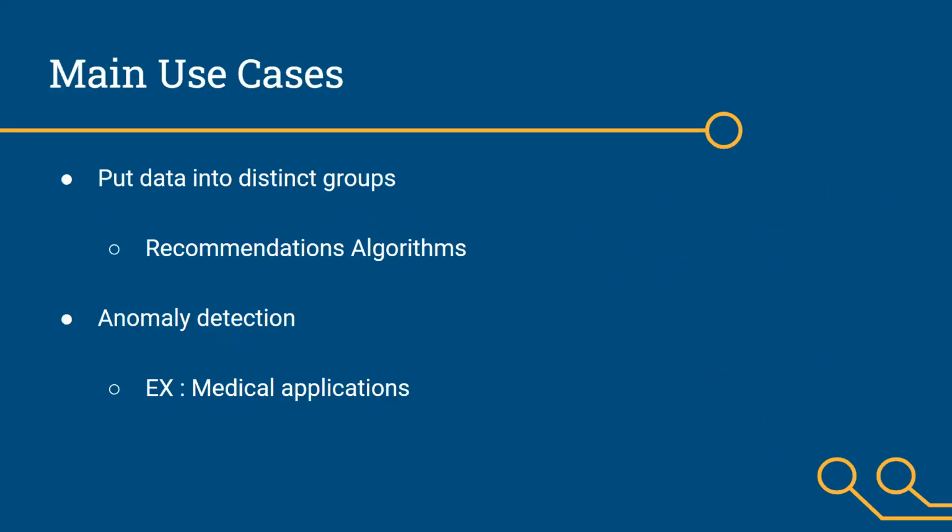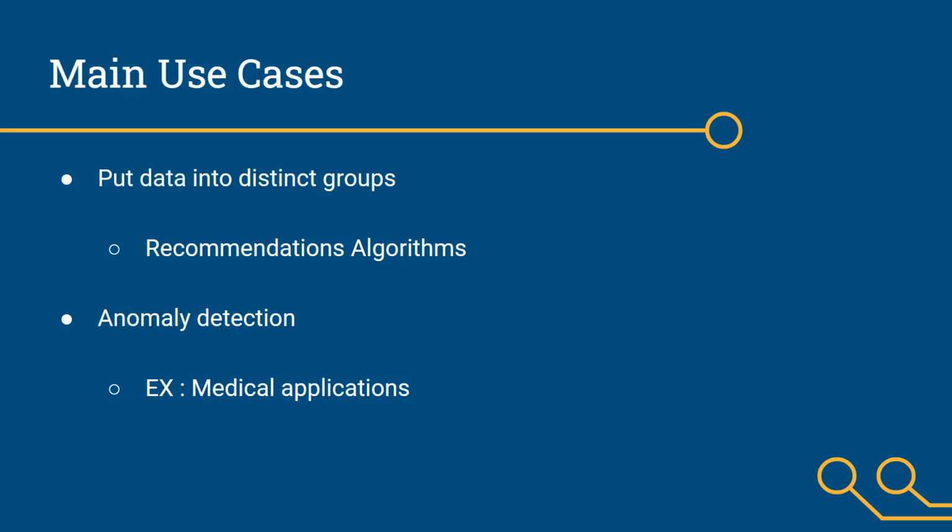The general thing that it's used for is to sort data into distinct groups. And why would we want to do that? Well, some of the use cases for this are recommendation algorithms, and we'll get to that in a second. But another